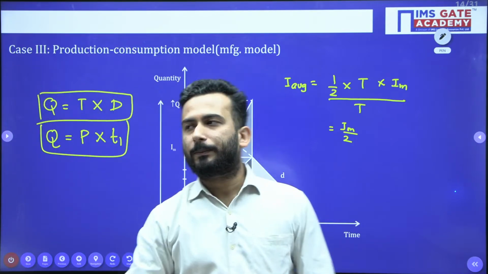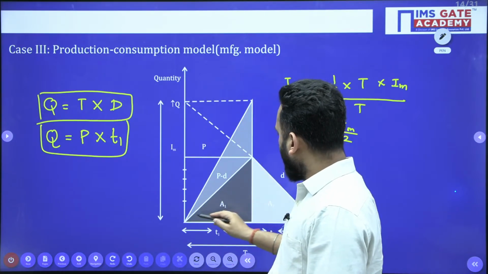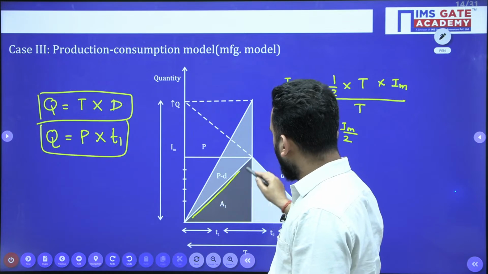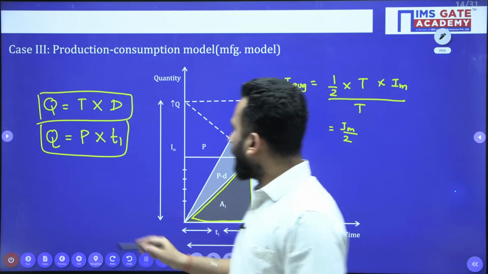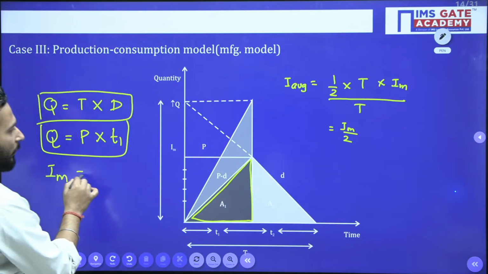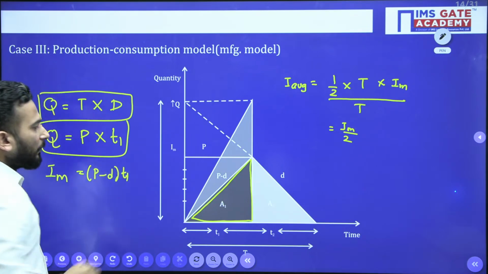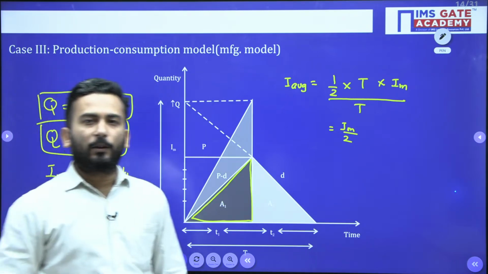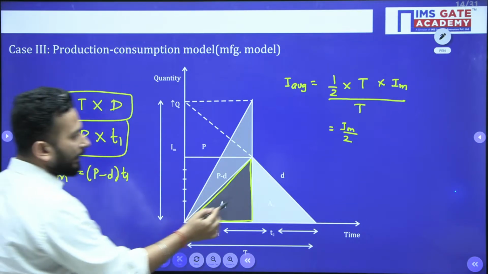Getting or not? Now focus on this triangle. What can you write? You can write Im is equal to (P minus D) into T1. Yes or no? And my dear friends, now this triangle